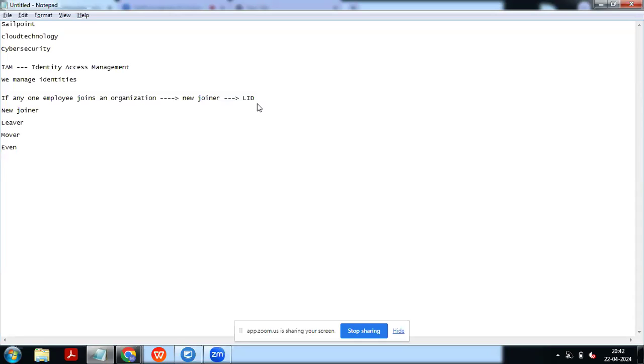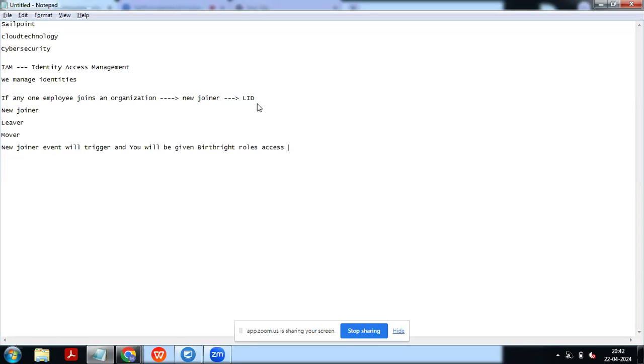Whenever any employee joins an organization, a new joiner event will trigger, and you will be given birthright role access.